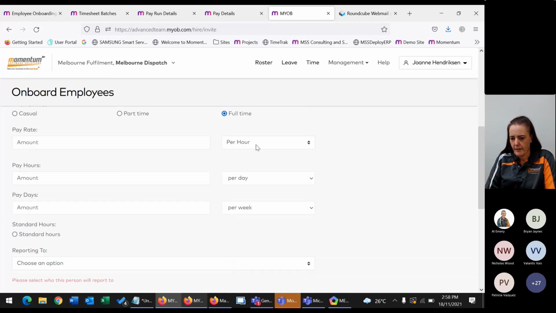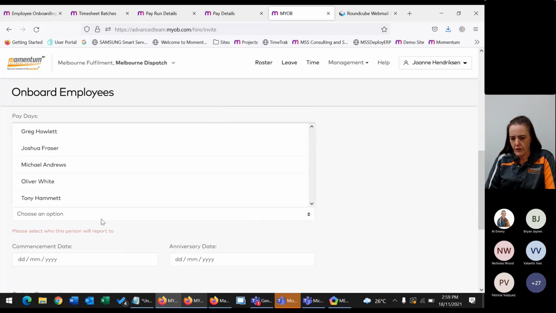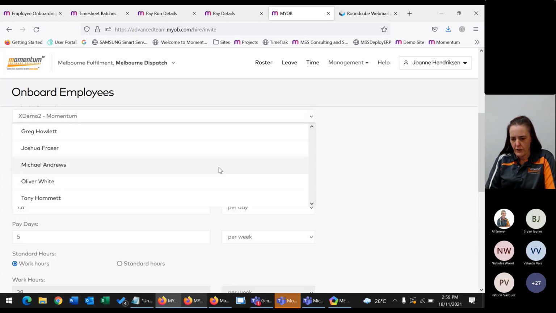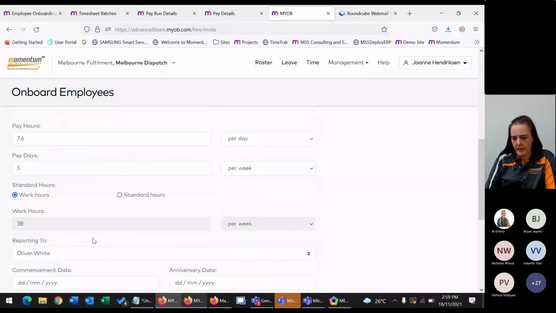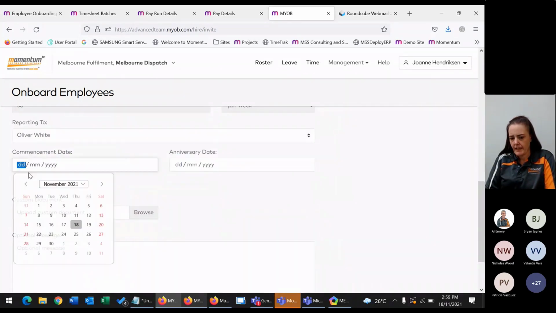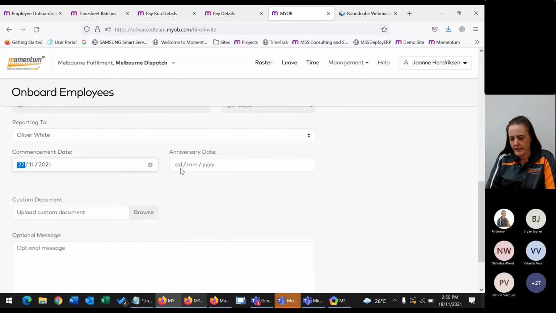Make it full-time on 150,000 a year. 26 hours a day, 5 days a week. You can choose who they are reporting to, which is anyone from this list, and their commencement date, which we'll put down as next week.